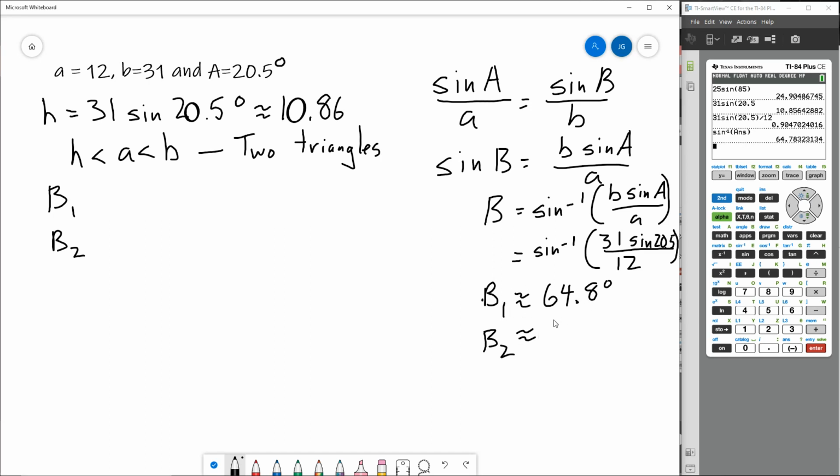Now, like I said before, the other possible value of B is going to be the supplement to this angle, because if you look at the unit circle, when we went back to doing the unit circle trigonometry, we know by reference angles, since the sine is positive in the second quadrant, that supplements of sines are going to be equal to each other. So that means that this arc sine works not only to get this acute angle, but also the obtuse supplement to that angle. So if we subtract this all from 180